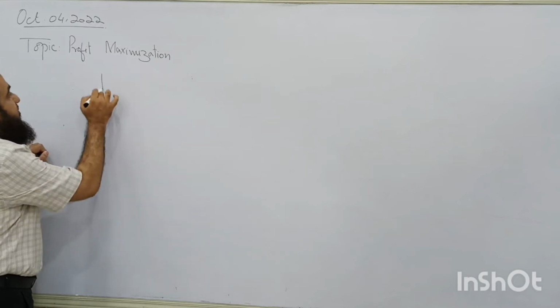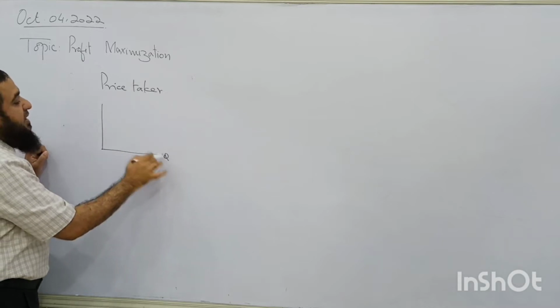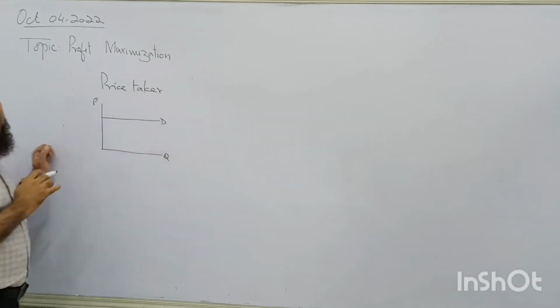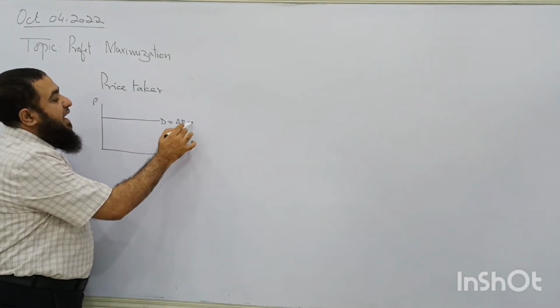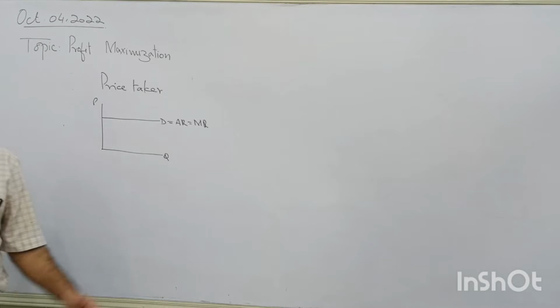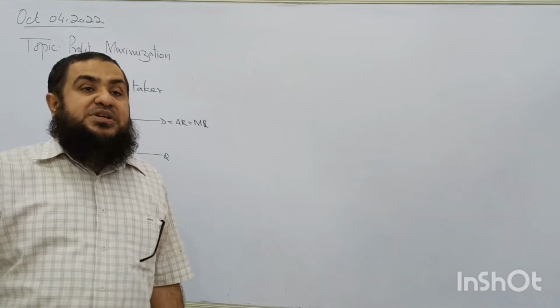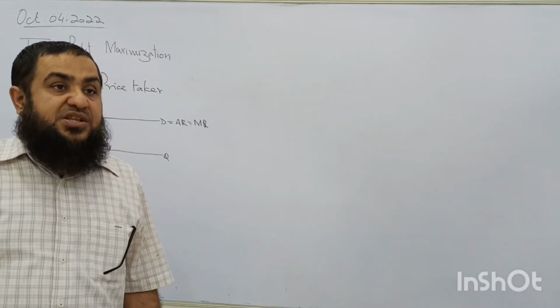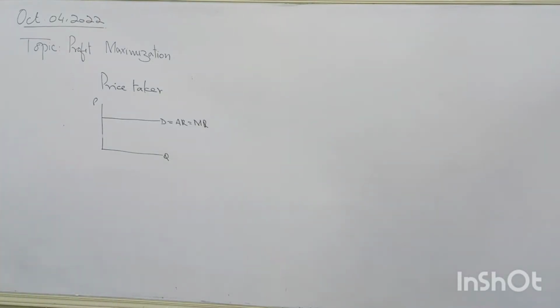I explained to you, this is a price taker firm which is not facing market demand curve, rather it faces perfectly elastic demand curve. And when demand is perfectly elastic, it's equal to average revenue and marginal revenue. Three curves are overlapped with each other. When the firm is price taker, at this going price, the firm can sell as much as it can produce at this going price, because a single firm is a small part of the total market. Clear?